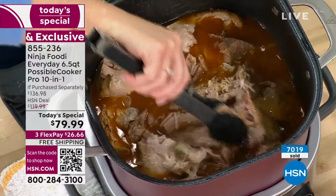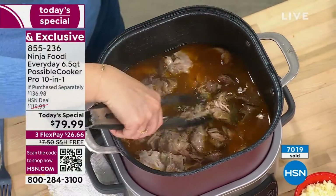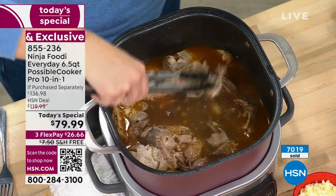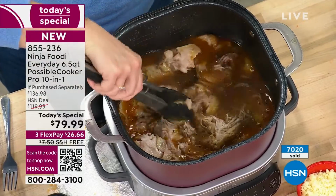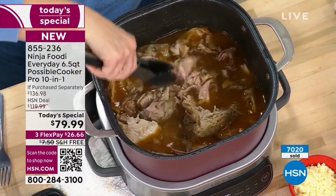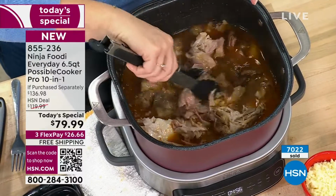Look at how tender this is. I think that's why people love slow cooking so much, because you can really tenderize your meats and make sure they're nice and flavorful. But you don't want to take that extra step of searing and sauteing on your stovetop and then adding it to your slow cooker. Now you can sear and saute in here and then slow cook it